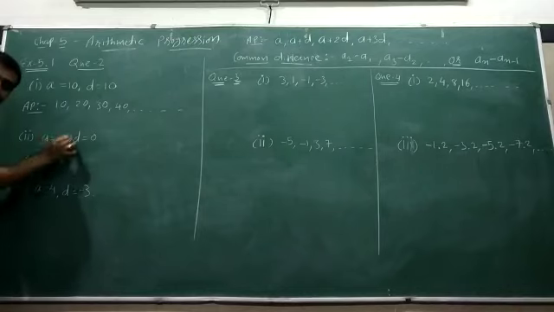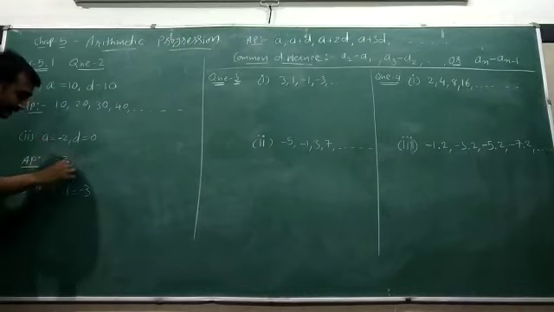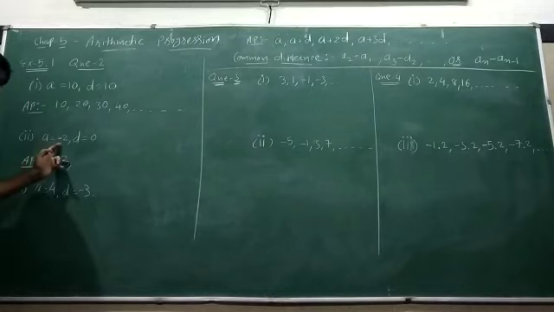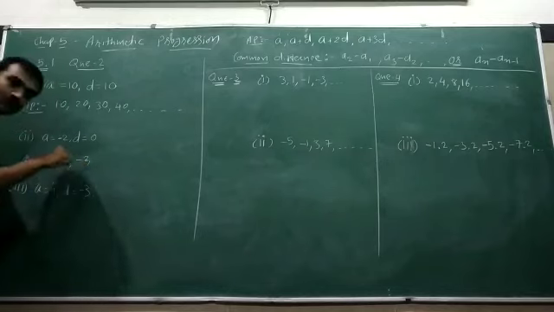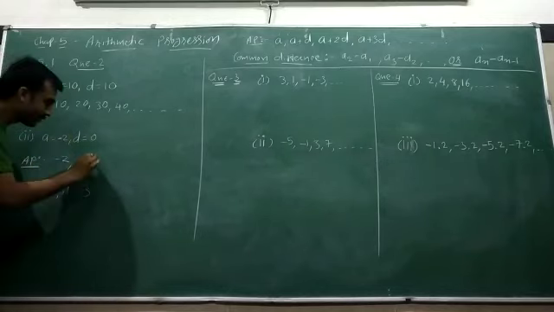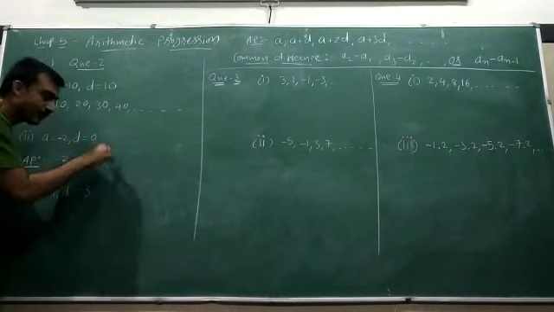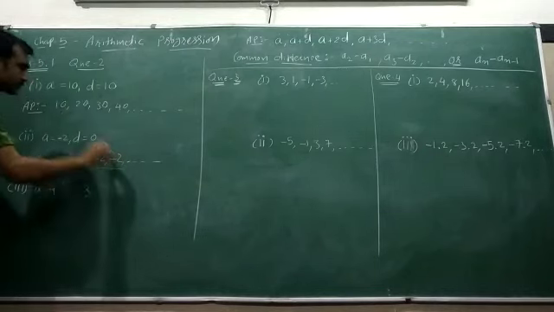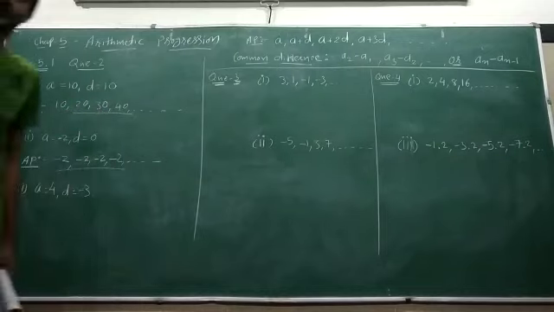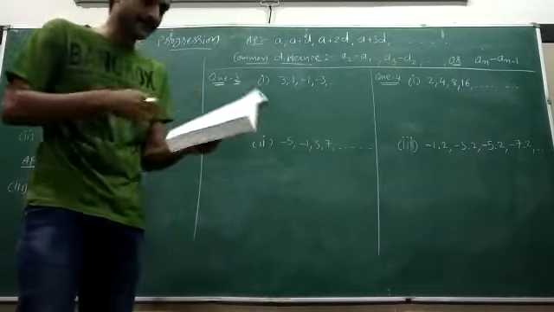So this question will give an AP like this. The first term will be minus 2. The second term will be the first term plus the common difference, so add 0 to minus 2, and that will be again minus 2. Minus 2 plus 0 is minus 2, minus 2 plus 0 is minus 2, and so on. So we have written 4 terms, and the question asked us to find only 4 terms of this AP.